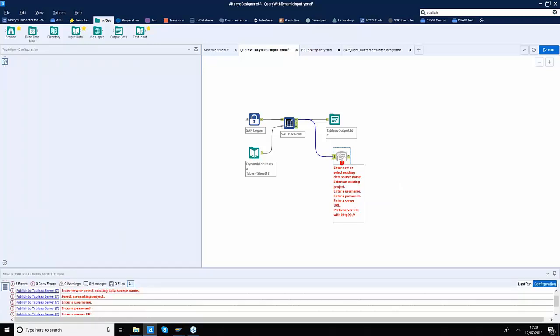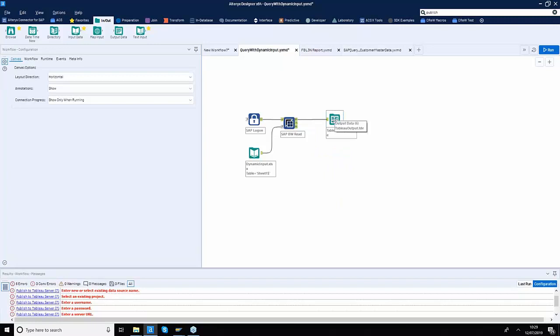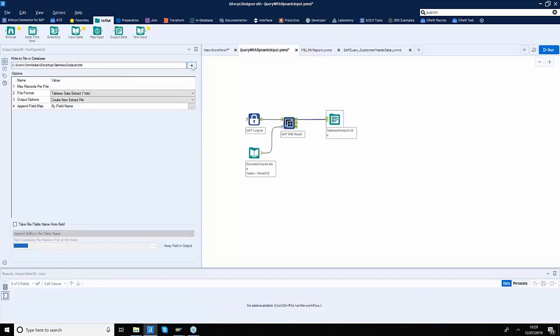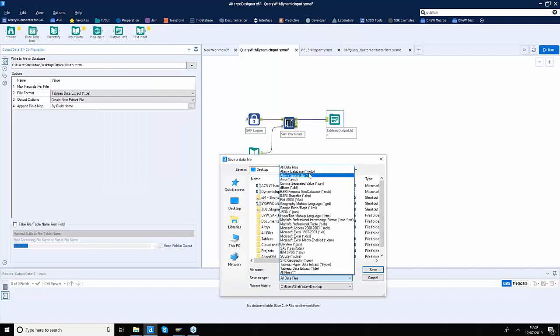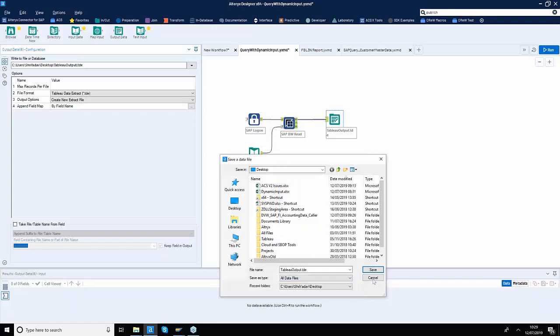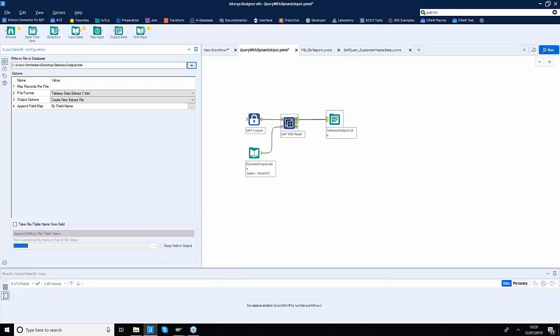So again, there are a huge number of options. You can dump that data to Tableau, Power BI, or really simple Excel files, or even Alteryx has a very strong proprietary format called YXDB file. So you can also select this file. Really huge volumes of data can be stored in YXDB files, and I'm talking about millions and millions of records, and it's really quick to read that data back within Alteryx. So if you have a requirement like that, you can choose that as well. Okay, so that's the option with the BW read tool.